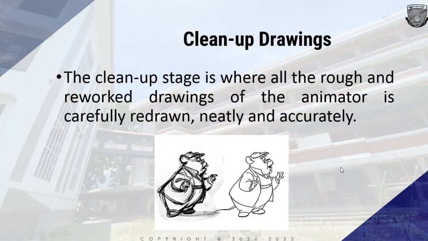In the animation production process, after the key animation has been line tested and scenes are approved by the director, the next step is to clean up the animation. All elements are placed in the animation scene folder that goes to the next department, which is the cleanup department. This makes sure that every drawing is a finished masterpiece. So basically, once we have drawn this outline or rough drawing on our paper, we will scan it and then we can render it using our software to create a cleanup version of that drawing.